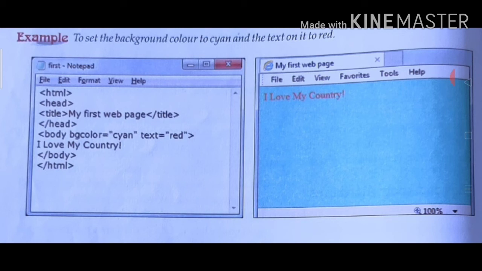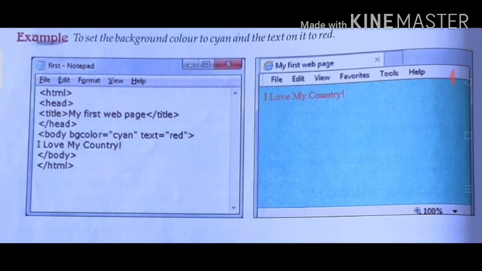Next, body bgcolor equal to cyan, text equal to red, means when your web page is displayed, the body background will be displayed in cyan color and the text will be visible in red color. After that, what you display in the web page: I love my country.